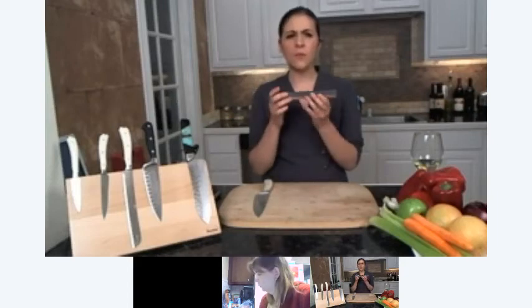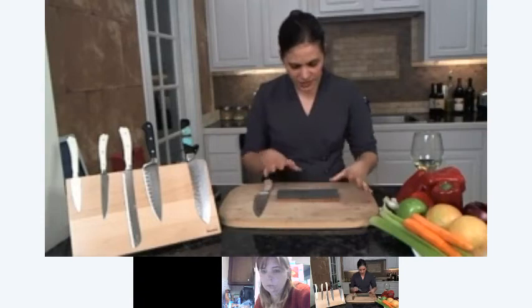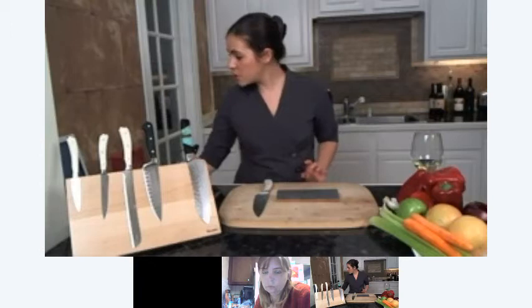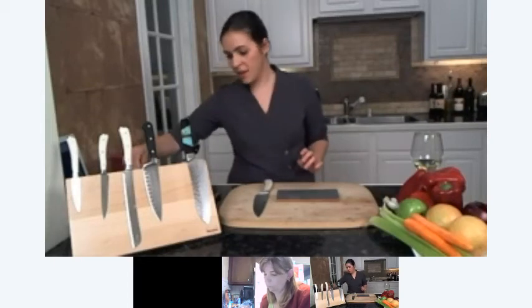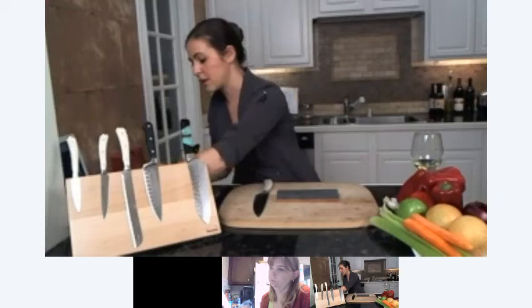Now I have a medium and a fine grit on this whetstone. If you've got 1, 2, or 3, you always want to start with the more coarse grit. But this one is a medium fine, so we will start, and Jennifer, you can switch over to the next page, page 5,